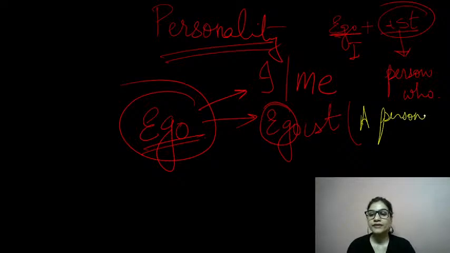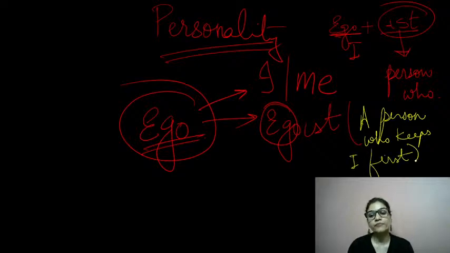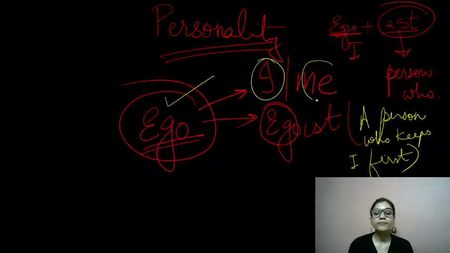So I'll be writing down all these word roots here. You can also keep on noting them if you'd like to. And we'd also be discussing some words from the same word. So ego is the first word root we're picking up. Ego refers to I or me. And here egoist refers to person who always keeps himself first or I first. Me first. Egoist, person who and I first.